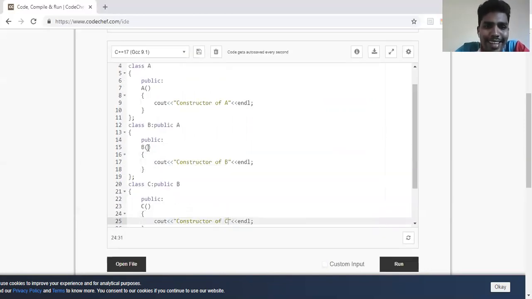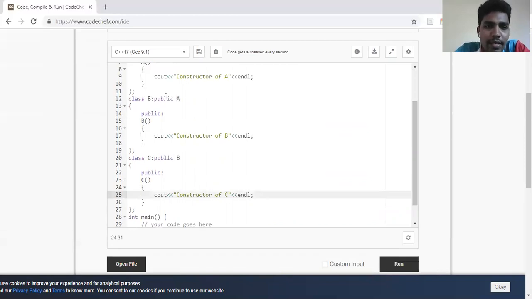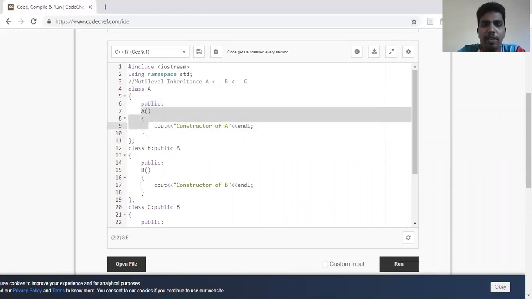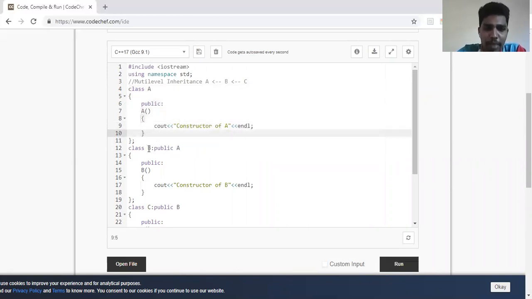So if you see the code here, clearly, very simple code. There are three classes, A, B, and C. A is an independent class, which does not inherit from anyone. And it is having one member function that is a default constructor. And class B is inheriting the features of A. And it is public inheritance.